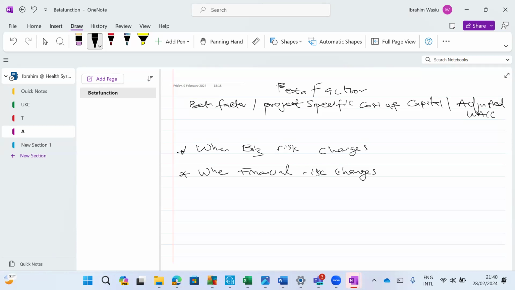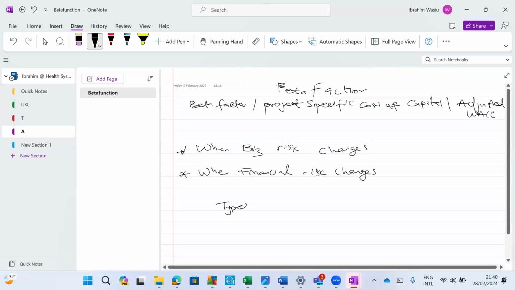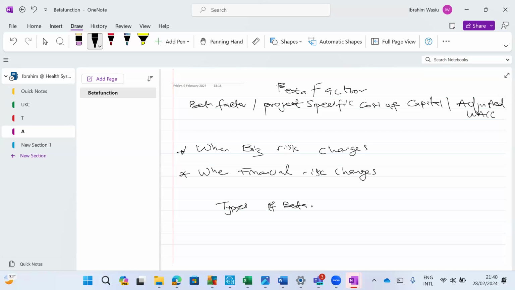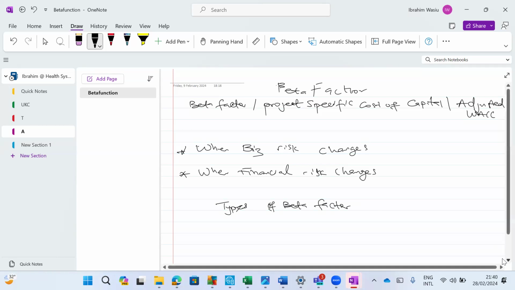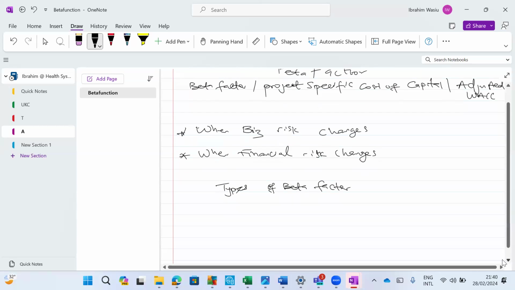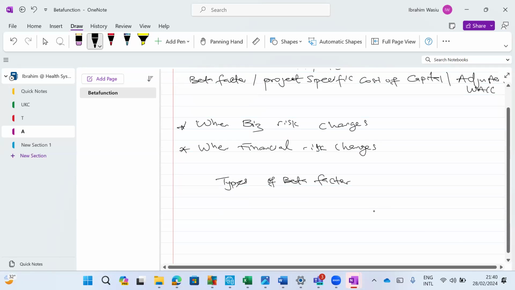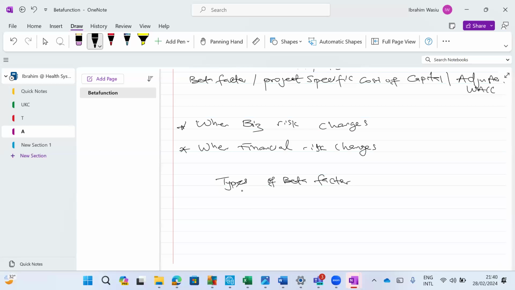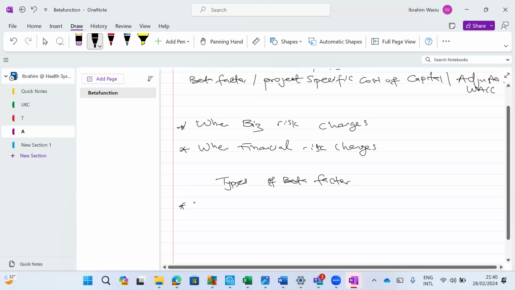Now, if you are good by that, I think it's time we now look at types of beta. Can we proceed, or is there any question? Sir, please proceed, sir. Okay. Types of beta factor. So as we have beta, we have alpha, but this is not the topic for today. When you get to SFM portfolio, you learn that. Okay, so types of beta factor, we have what we call